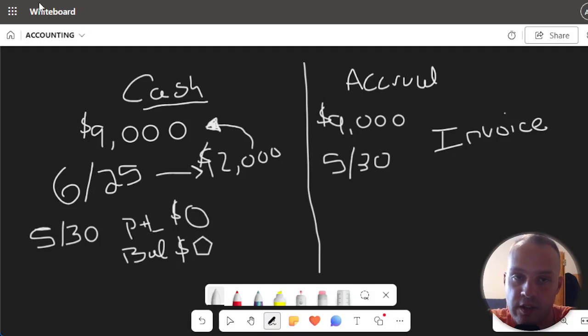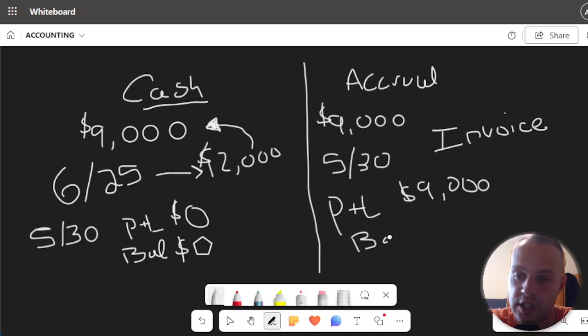On the other hand, using the accrual method, your profit and loss statement would say $9,000 because it's recording that income.